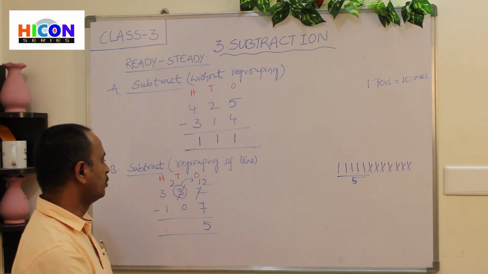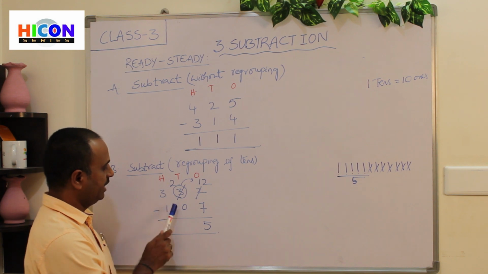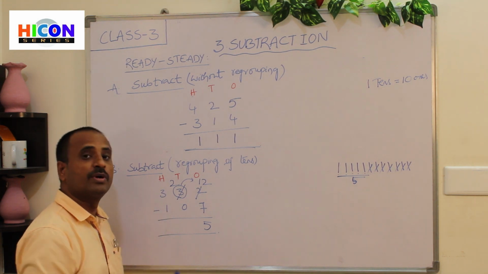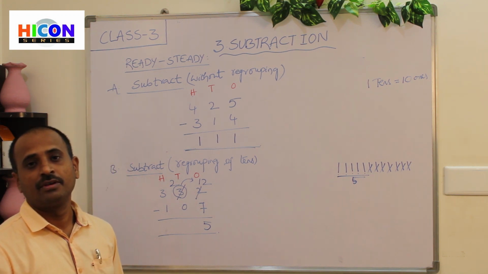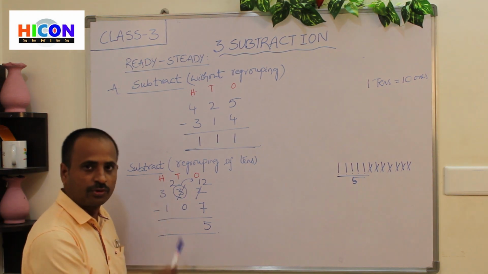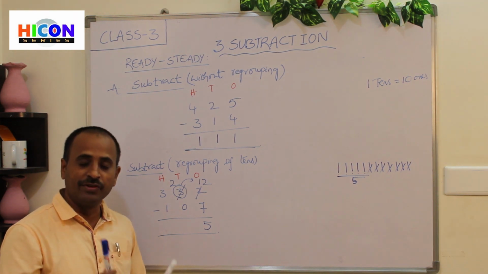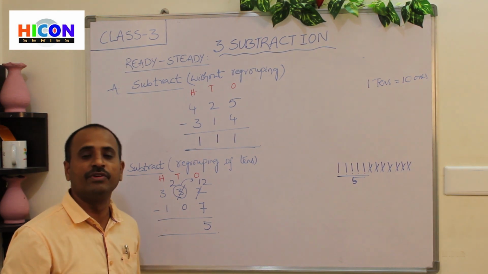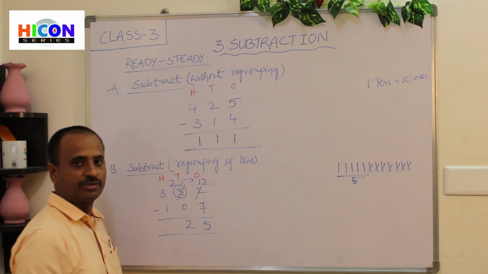So next, go to tens place. What are the digits present under tens place? 2 and 0. So subtract 0 from 2. Do you remember the subtraction facts? Children, what are the subtraction facts? In the subtraction facts, if we subtract 0 from any number, again we will get the same number. So if we subtract 0 from 2, again we will get 2. So this is the subtraction fact. So the answer is 2.